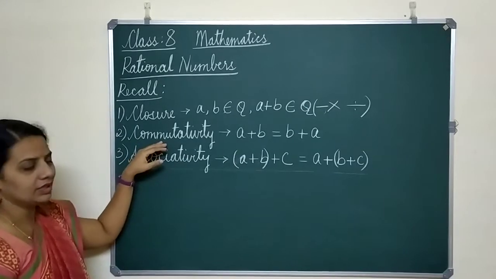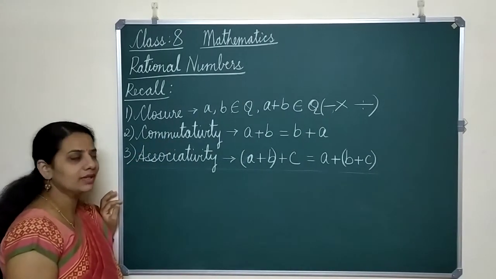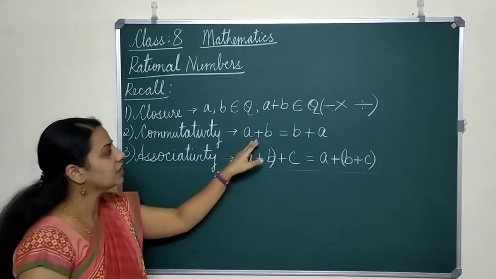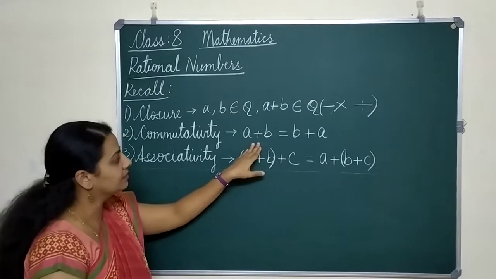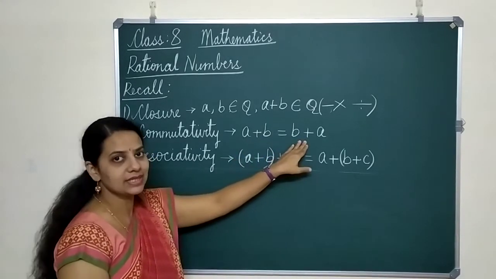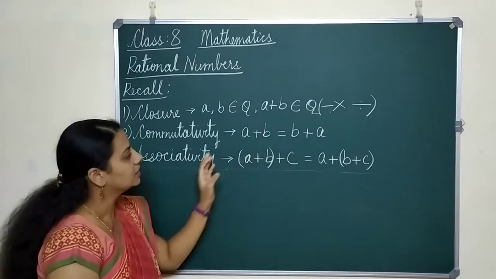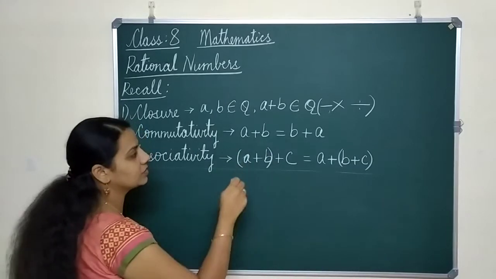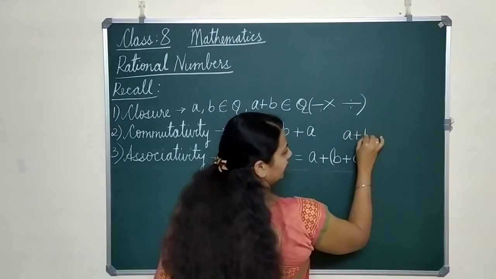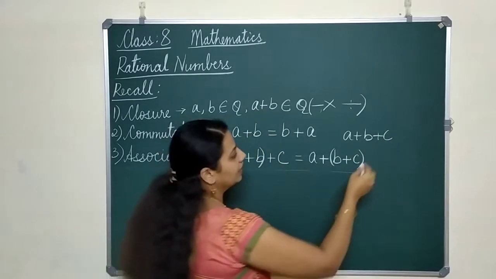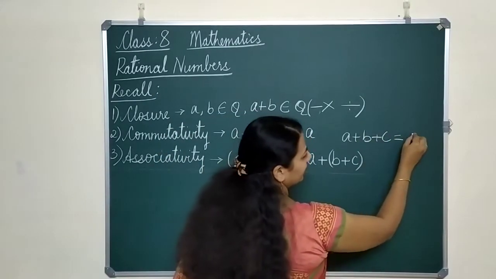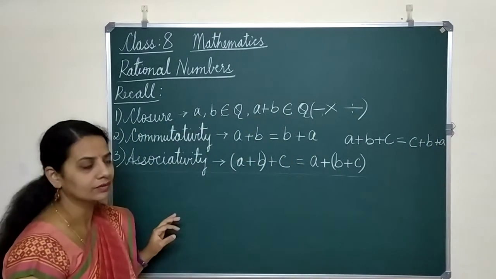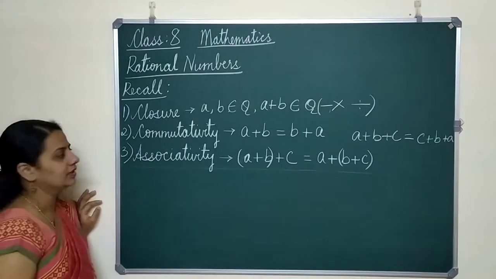Now coming to commutativity. What is commutativity? Do you remember? It's nothing but if you change the order of the numbers, the answer won't change. Say for example, I've taken a plus b here, and in this case I've taken b plus a. So I have changed the order. This is not just for two numbers, children, you can have n numbers. For example, a plus b plus c, I've taken three numbers. Here I can change the order, c plus b plus a also. This is your commutativity.